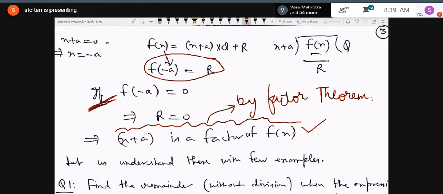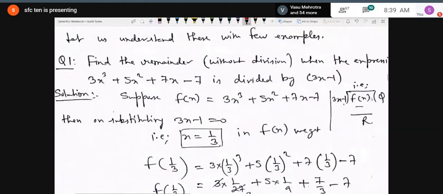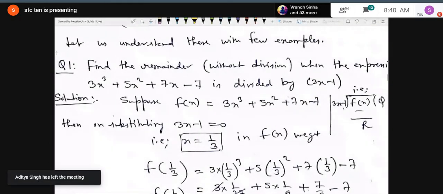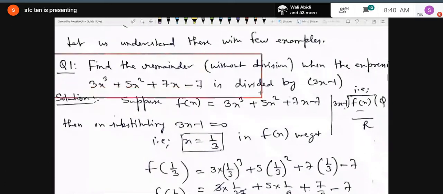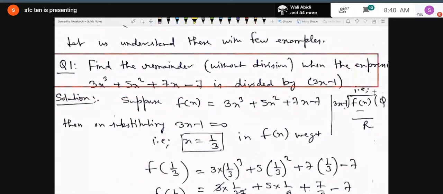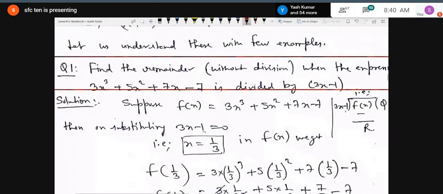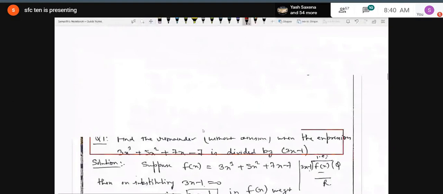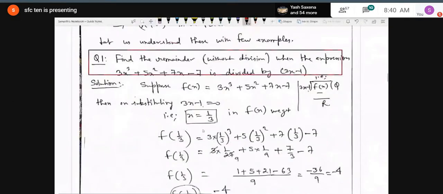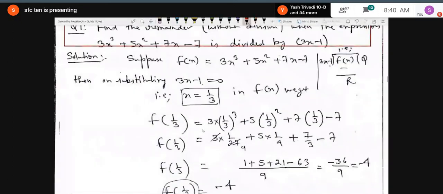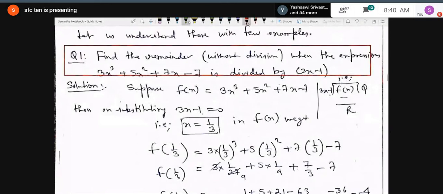Like question number 1 I have taken: find the remainder without actual division when the expression 3x cubed plus 5x square plus 7x minus 7 is divided by 3x minus 1. If you don't know the remainder theorem, you have to proceed, and very honestly I'm telling you, it will take too much time to divide. At the same time, many of you will not be able to proceed with the correct division also. But what is the beauty of the remainder theorem? That we can make use of the remainder theorem, and without actual division